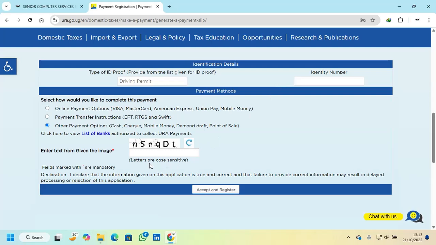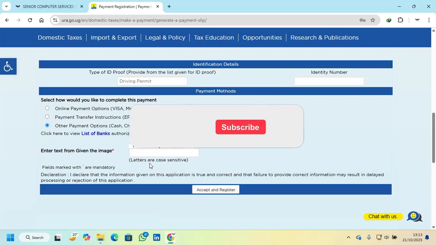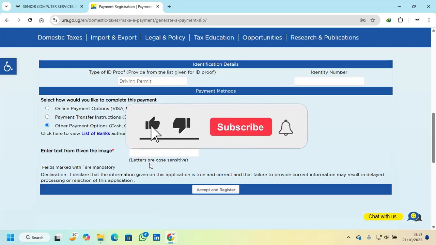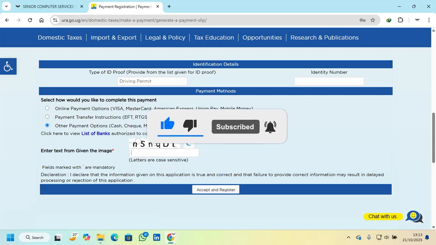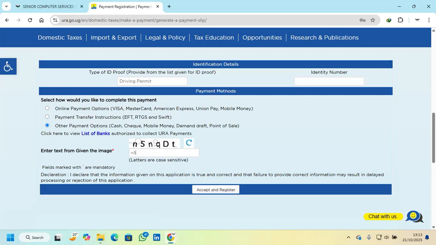So that's the procedure. I'm paying to the government. I can say I'm paying for NIRA, anything. Then I come here and I say N5 NQ DT. After writing this, when you accept the payment, it's going to generate a